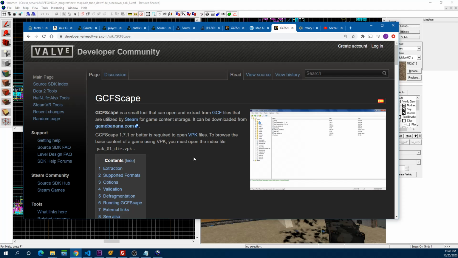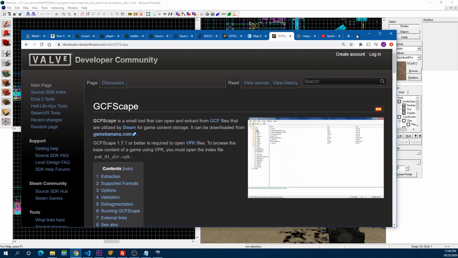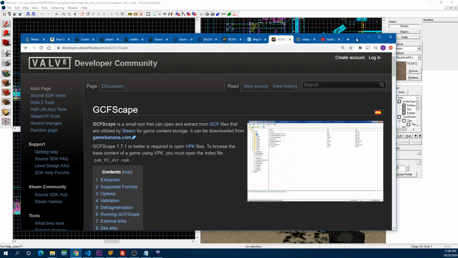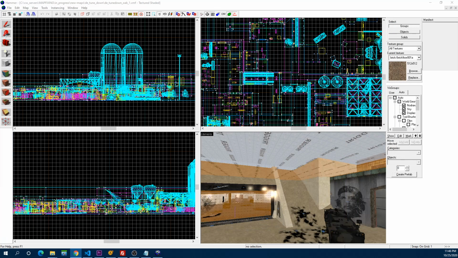They are very similar to that, and you can extract a lot of default assets like textures for the default maps that come with Counter-Strike, default skins for weapons and for players, that kind of stuff. So that's four very useful software that you should download and install.